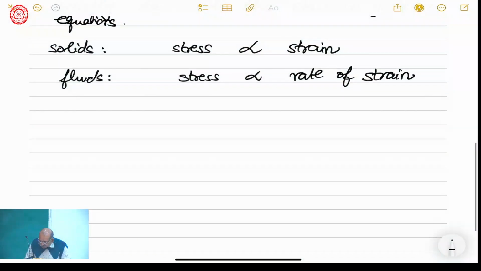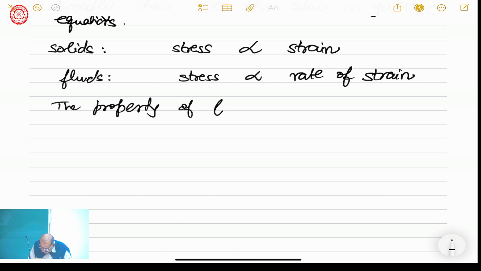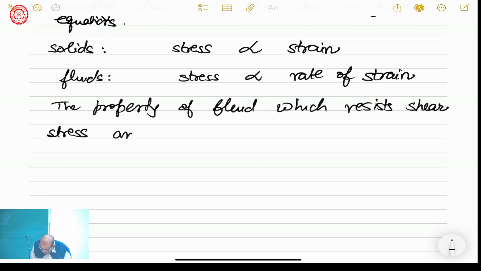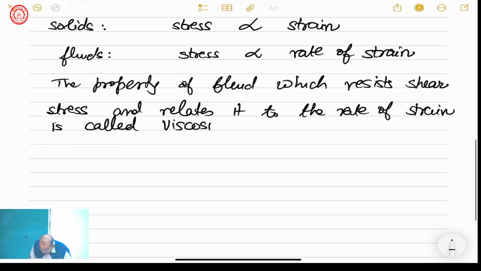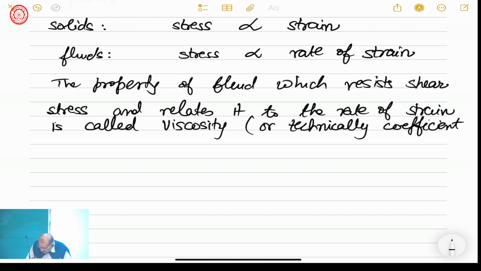So, the property of the fluid which resists the shear stress and relates it to the rate of strain is called viscosity, or technically the